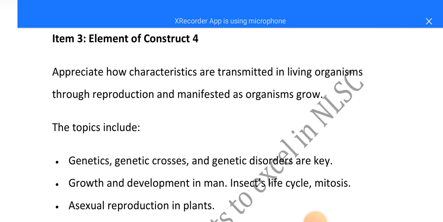Then the major topic we need to understand here, the first topic you should know before you attempt this item 3, is genetics and genetic disorders, or you can generalize it and call it inheritance and variation. So you should know genetics, the specific areas. For example, our main focus is going to be on